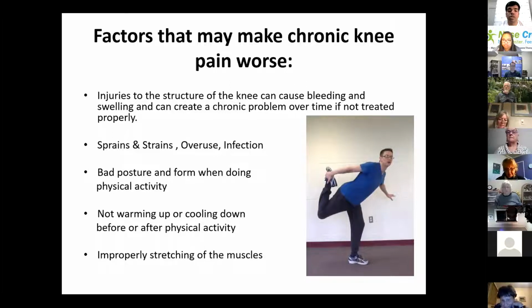So it is very important to get clear of that infections. Okay. And next one is the posture. We always like to stress having a good posture, especially when you're doing any specific activity. Okay. Here, if you see this picture, this guy is trying to stretch his quadriceps, but what he is doing is,